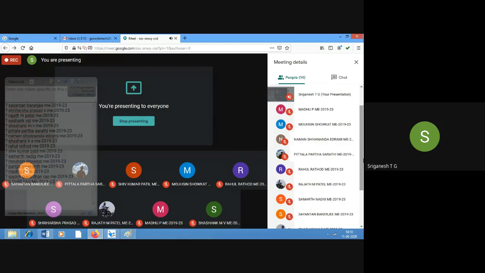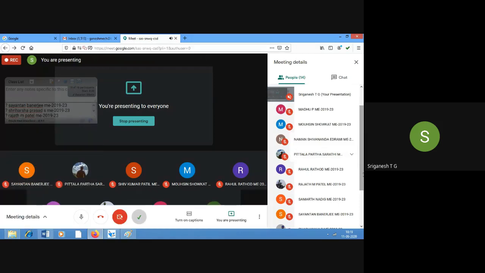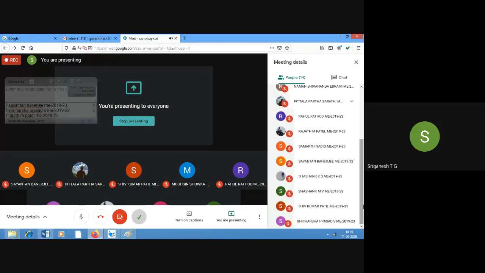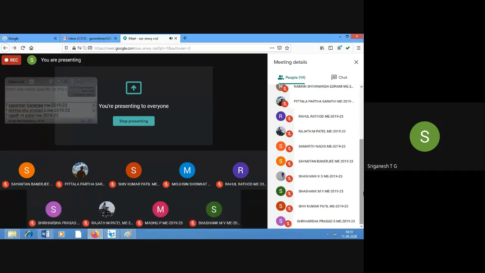Then USN number 33. Rohan Unnikrishnan. Shreyas S. Shashank. Sai Lakshmi Shashank Varnasi. Ayam Govardhan.